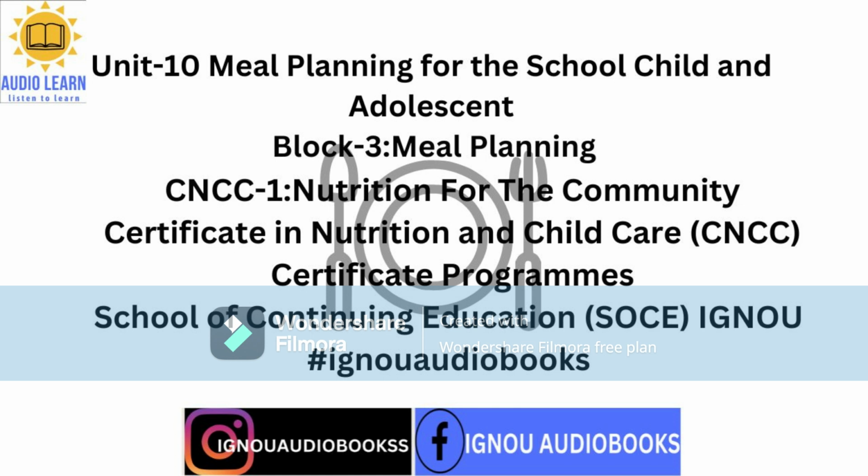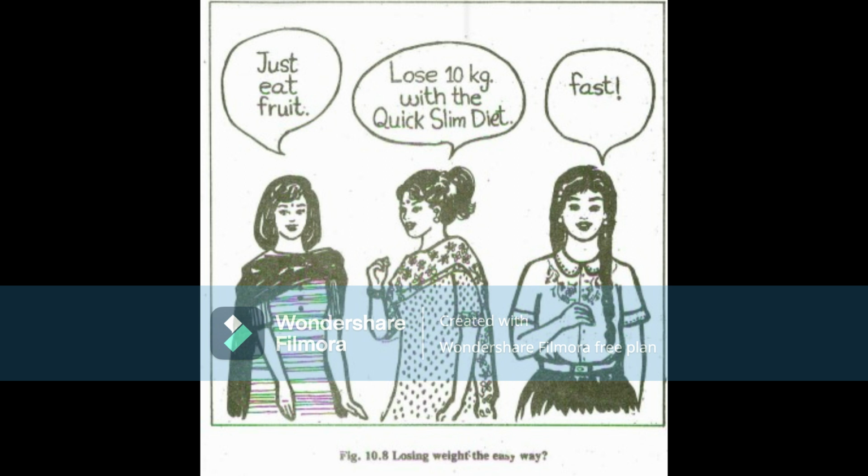As in the case of school children, well-planned, balanced snacks are of importance. They help to increase the meal frequency and thus decrease the tendency of the main meals to become heavy. This would ensure that the child consumes enough food to meet his needs. Suitable snacks providing substantial energy, protein, calcium and/or iron can be offered mid-morning and at tea time. Figure 10.8 Losing weight the easy way.